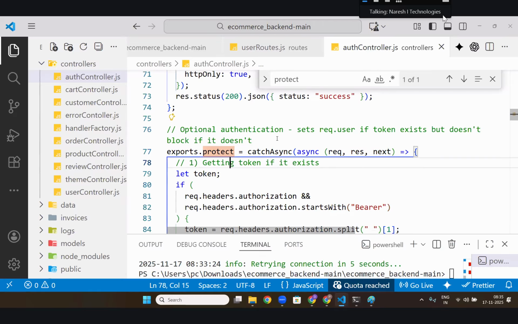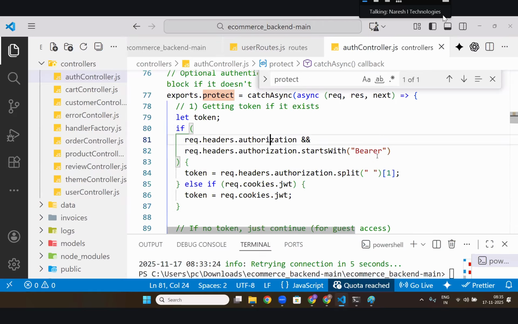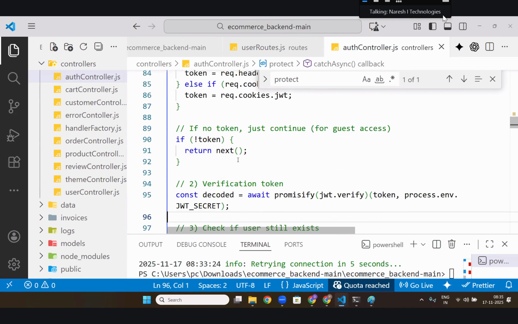It will just check, like whether this guy has the token. If you remember, we also did the same. I took the bearer, checked if bearer is there, and split it. And if it is not there, it will take it from cookies, no worries. If no token is there, it will be like okay, no worries, but still go. Right? Now, anyway, here it comes.